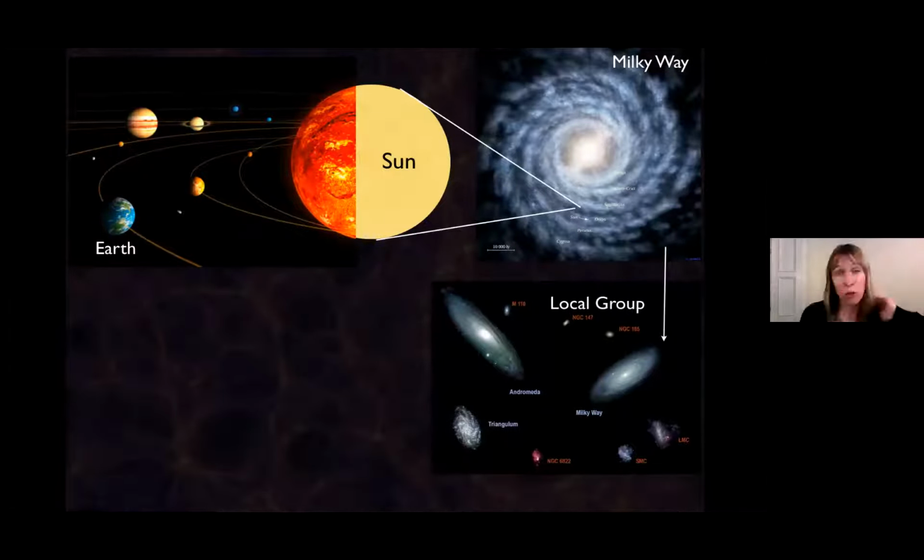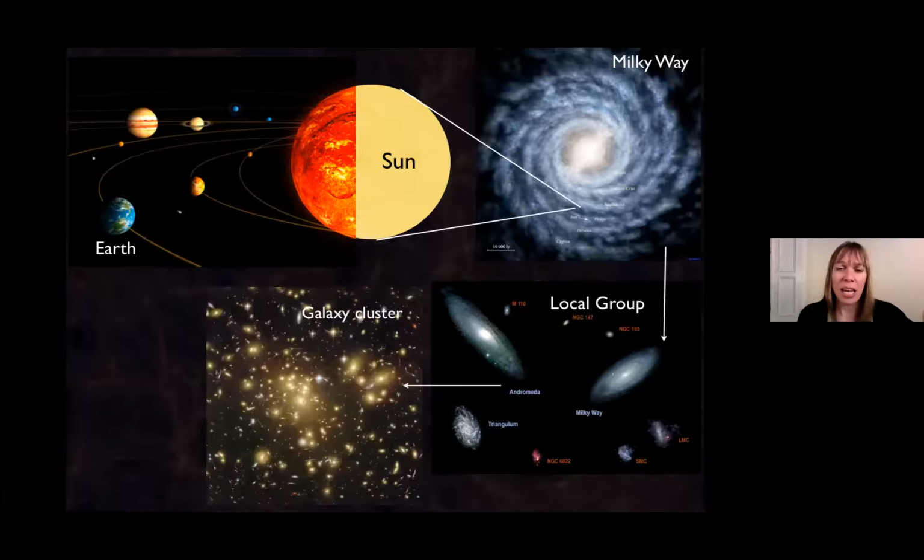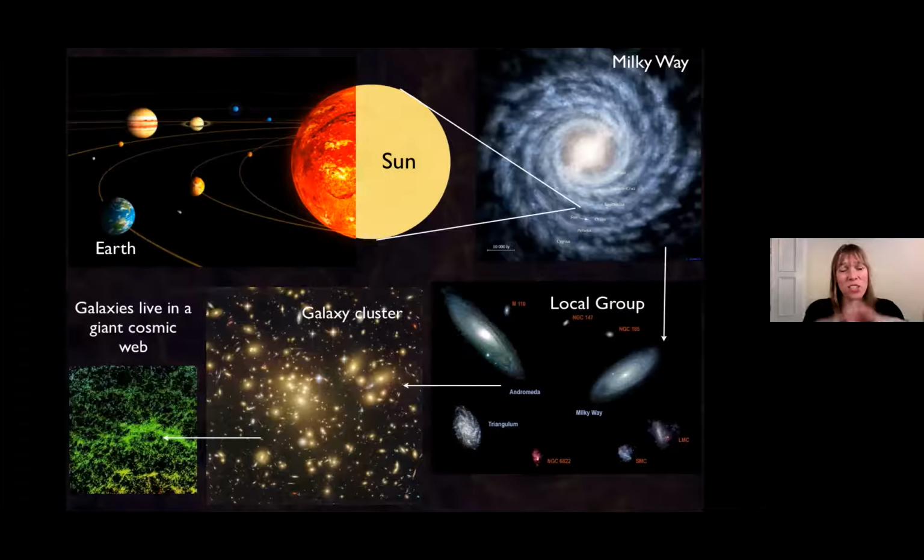So the Milky Way Galaxy is just one galaxy of many in our local group. Andromeda is a galaxy you can actually see with your eye. It just looks like a fuzzy star if you know where you're looking. And actually most galaxies live in a cluster of galaxies with hundreds of galaxies in there, all bound within this massive halo of dark matter. And if you zoom out onto the largest scales, and these are the scales that I work at, what you see is that there's this giant web of structure out there. The galaxies live in this giant web, and that gives us our next piece of evidence for dark matter.